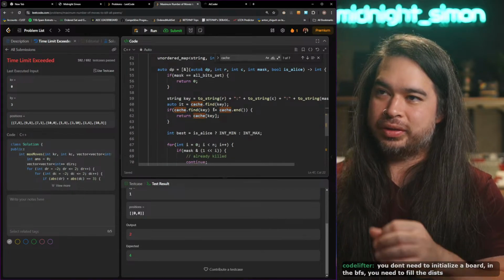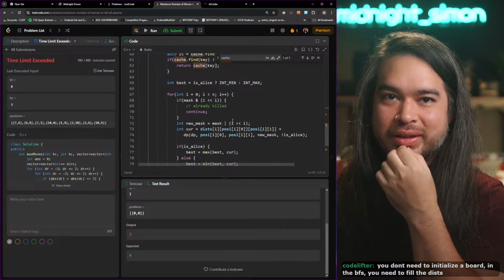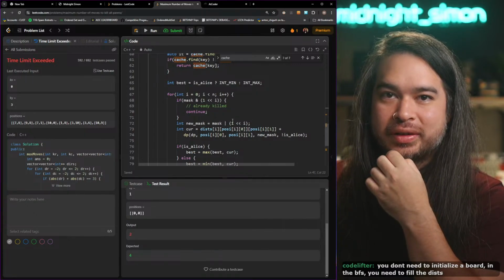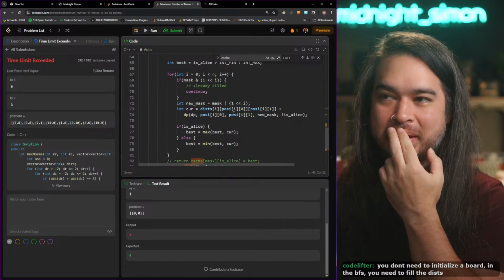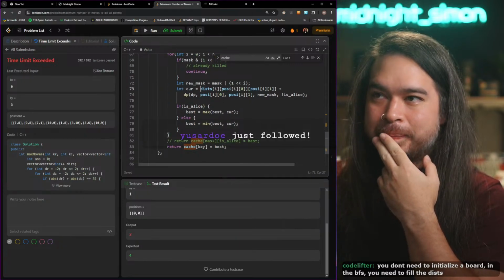Well, now I don't know what to do. So I think, wait, you don't need to initialize the board in the BFS. You need to fill the distances. I think I messed up though, because